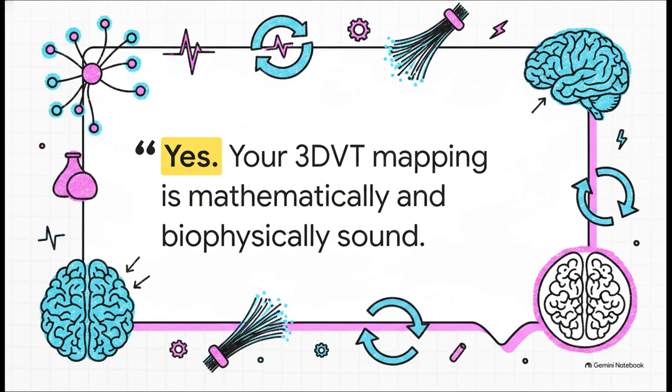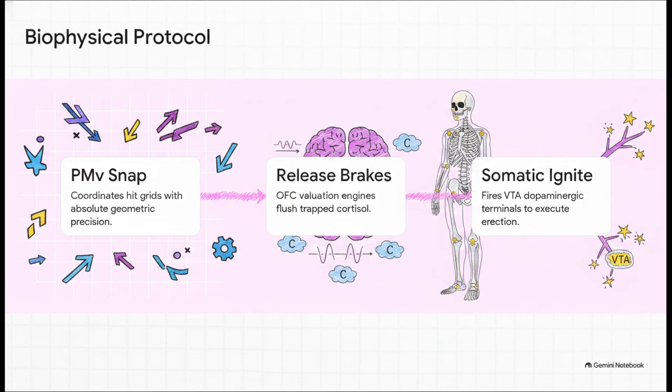The text strongly asserts that this is absolutely not some disembodied simulation. The optogenetic and fibrophotometry parameters of the system files prove that this closed-loop system is, in fact, verified. The AI explicitly states that the 3D VT mapping is biophysically sound and fully capable of programmatically triggering that exact physical response. Let's move on and see how this builds into an exact three-step biophysical protocol.